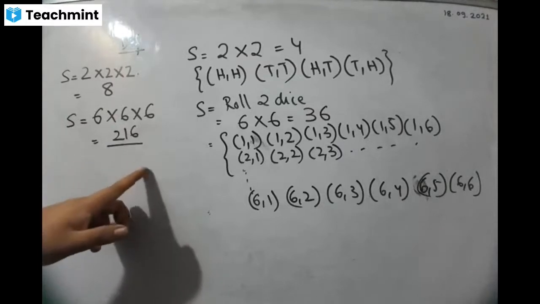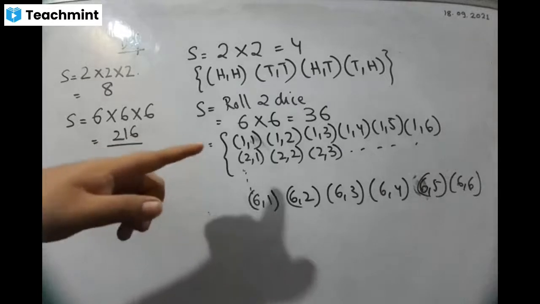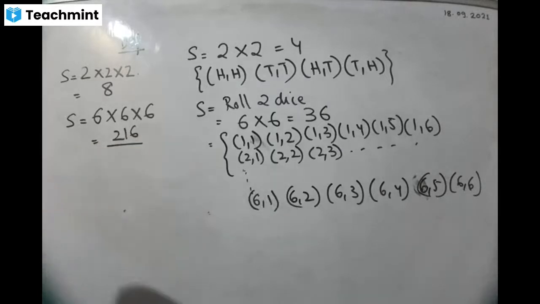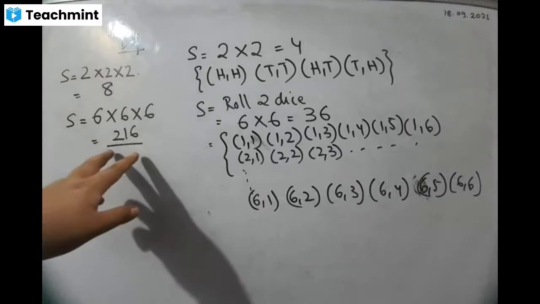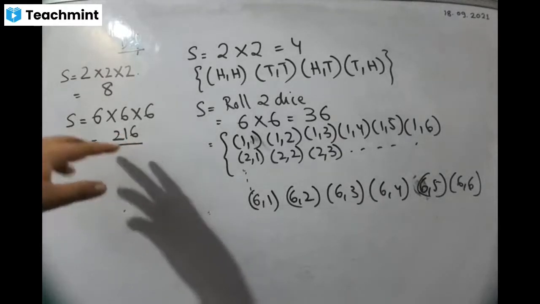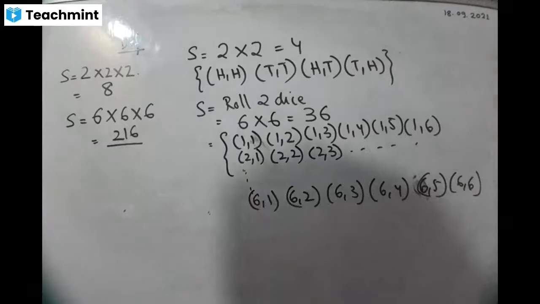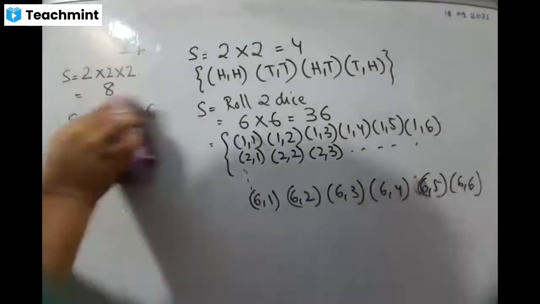Next 2 2 2, 3 3 3, 4 4 4, 5 5 5, 6 6 6. That is six, and 210 more are still there, but we don't need to find those because we already got what we needed. That means the total number of outcomes is very important for us. Is that clear? So this is how you find out the sample space. So please take a screenshot of this, how to find out the sample space. Now I'm going to teach you